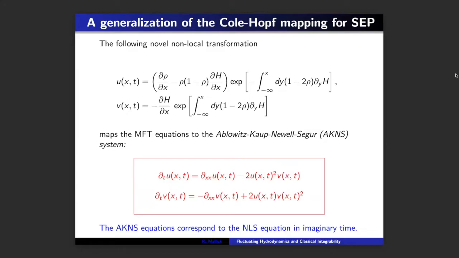This is also the case for another model, which is called KMP, Kipnis, Marchioro, Presutti. This is also the case of the asymmetric exclusion process, weakly asymmetric. The hope is that KPZ with weak noise is also integrable. So it seems that there is a kind of good help from above for our poor physicists that we are,